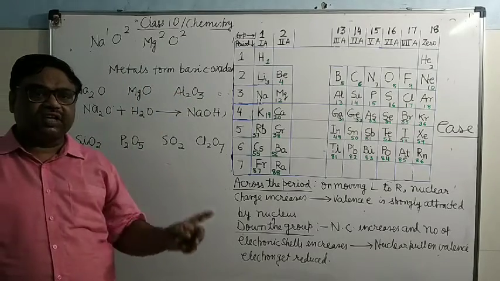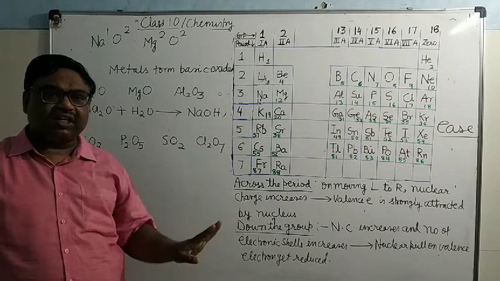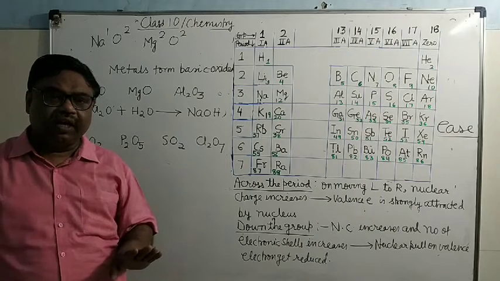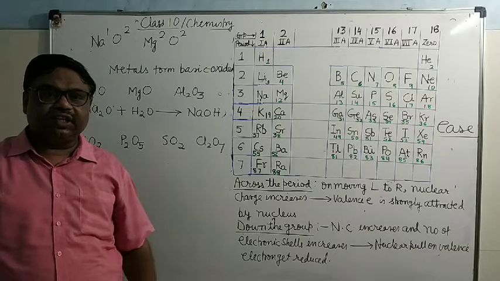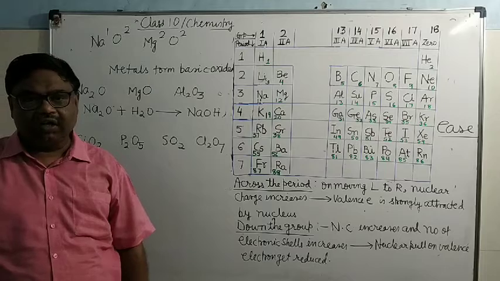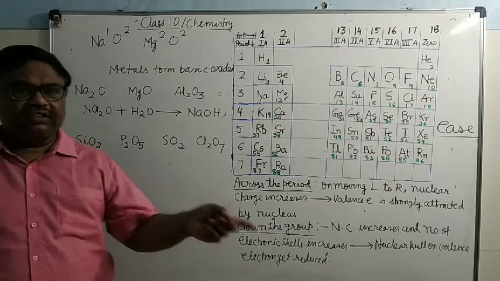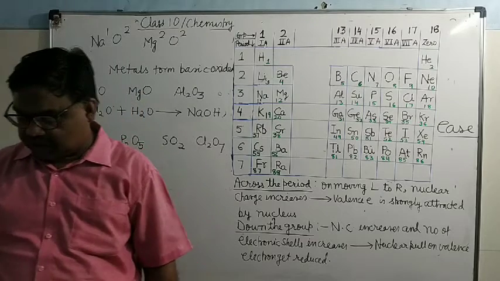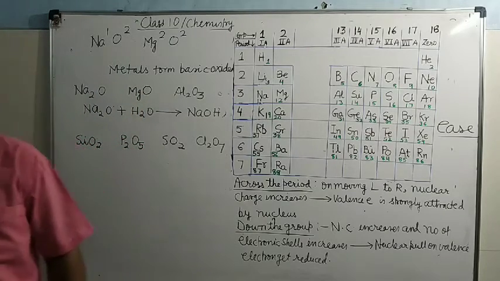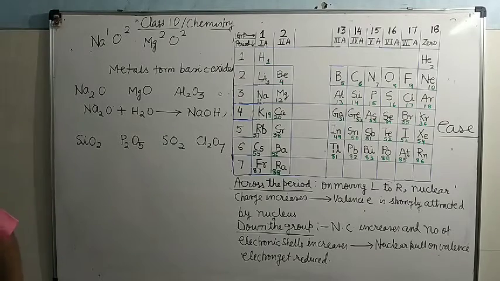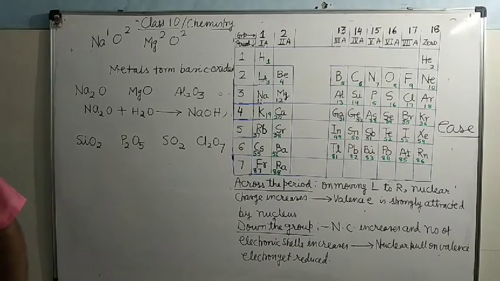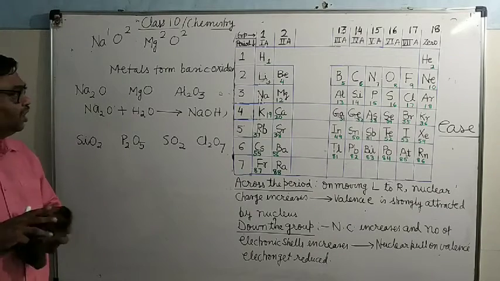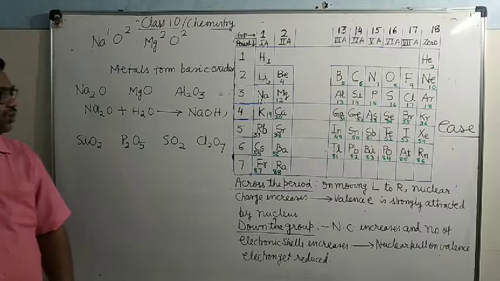In the same way, Al2O3 will form Al(OH)3. So, metal oxides are basic. When they are dissolved into water, they form the alkali. When these alkalis react with the acid, they produce salt and water. This is a very famous reaction: acid when it combines with the base produces salt and water. That is known as the metallic character, the basic nature of metals. Now see here, at the same time, the acidic nature.